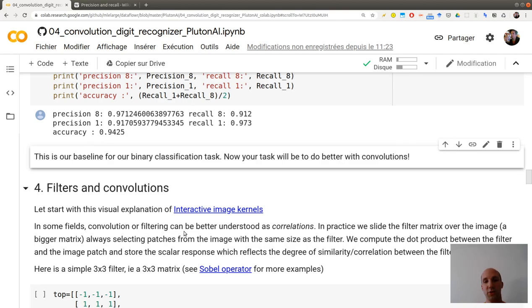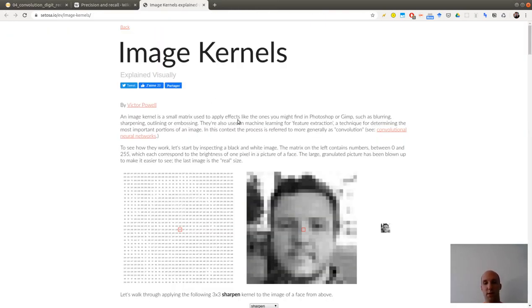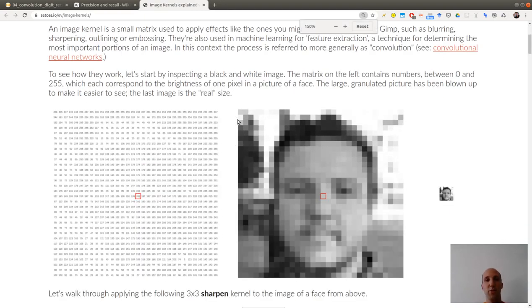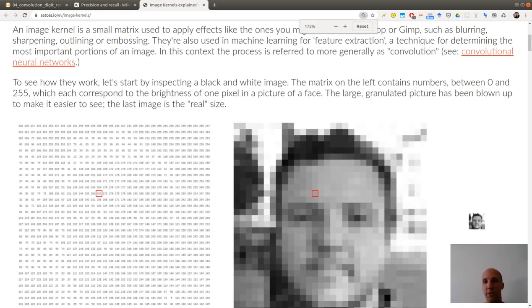So what is convolution? There is a very nice explanation done on this website. So here you see what an image is for your computer.